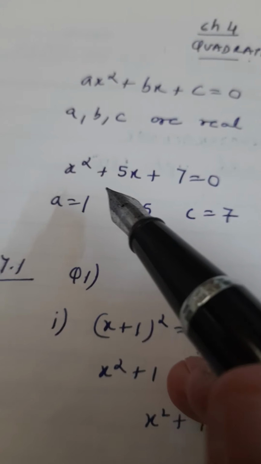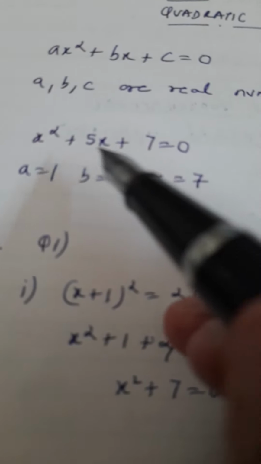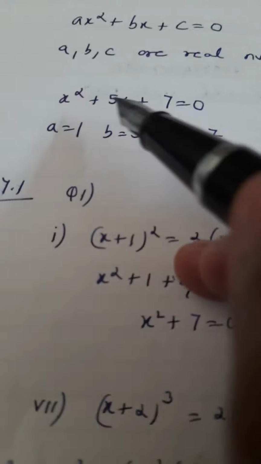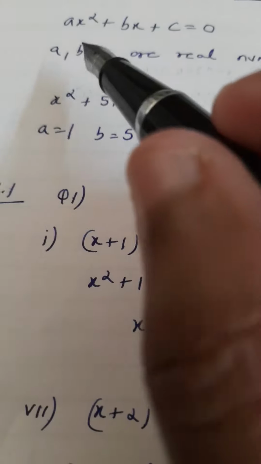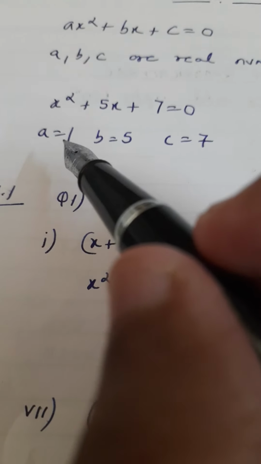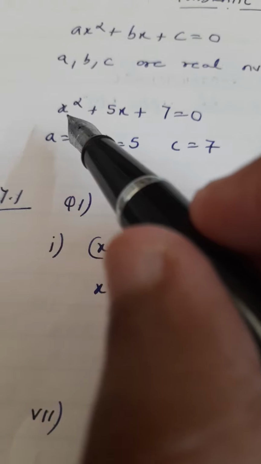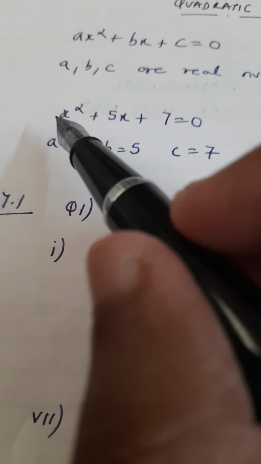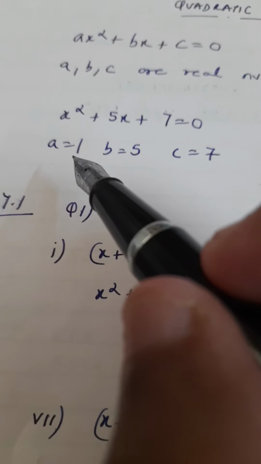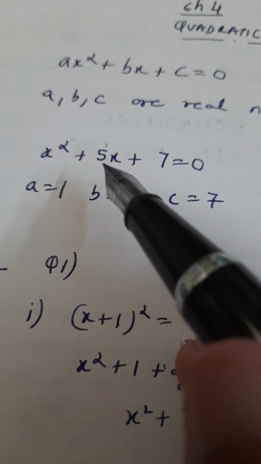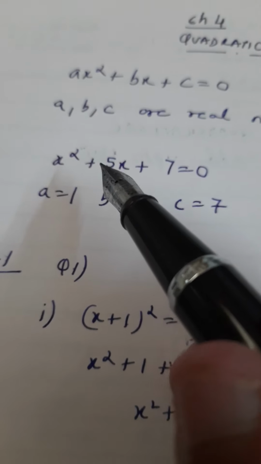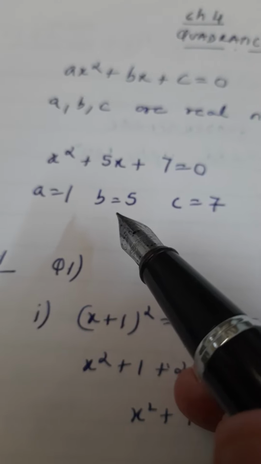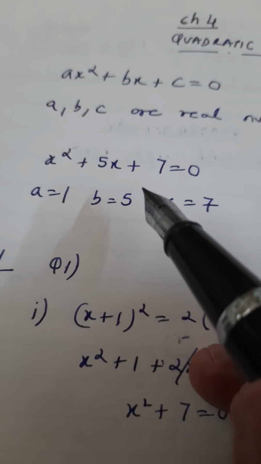Now if you look at a quadratic equation, I have given an example here. X square plus 5x plus 7 is equal to 0. This is a quadratic, right? Now the coefficients of x square, coefficient of x, and the constant are represented by these alphabets a, b and c. A is basically the coefficient of the x square term. What is the x square coefficient here? Nothing is written. If nothing is written, that means it is 1. What is the coefficient of x here? 5. If there is negative, positive, you'll have to take as per that. Not only the number, also the sign, whether positive, negative, all that has to be written. And this is c. Without the x square or x, that is your c term.